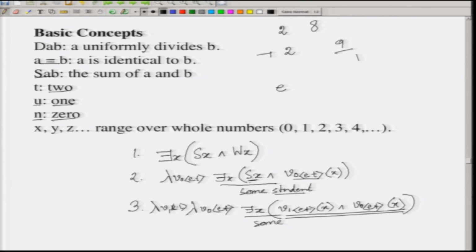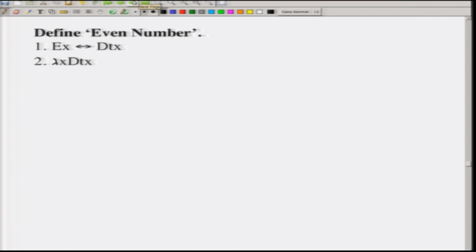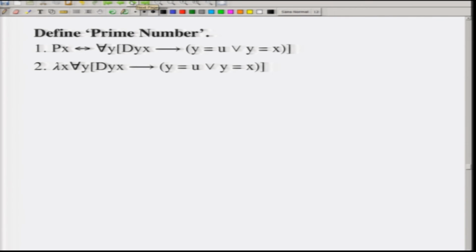So, then we will first define an even number. How to define? We know that some number is even only if 2 uniformly divides it, right. So, we remember that we take just the RHS of it, this part, and we count the free variables there. We have one free variable. This is a constant. T is not a variable. T means 2. So, we just add lambda x to it. We get lambda x d t x, and then